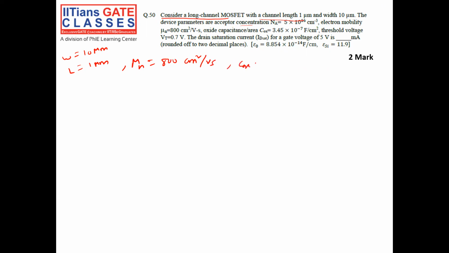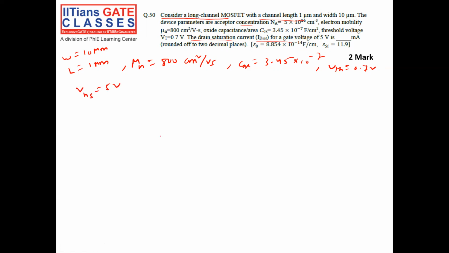COX is 3.45 into 10 to the power of minus 7. The threshold voltage is 0.7 volt. Calculate the drain saturation current for gate voltage of 5 volt. So Vg is equal to